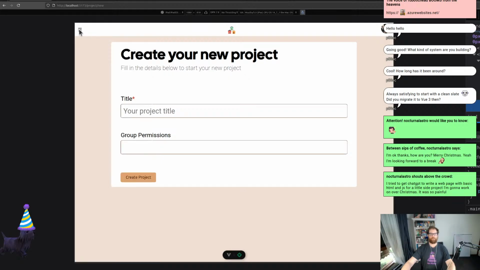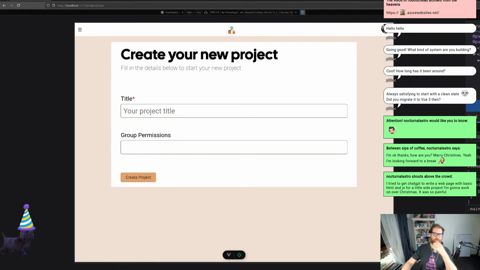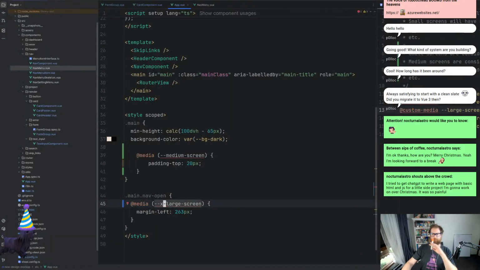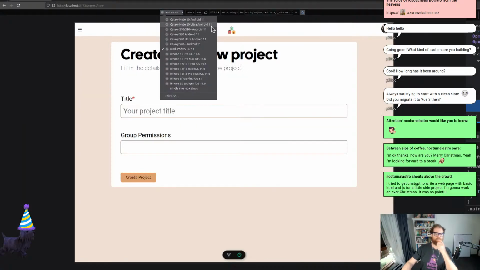We could do something like that, where for this size screen we just have it overlay. That way everything's in the center, because this is an iPad on its side. And when we get up to a laptop,